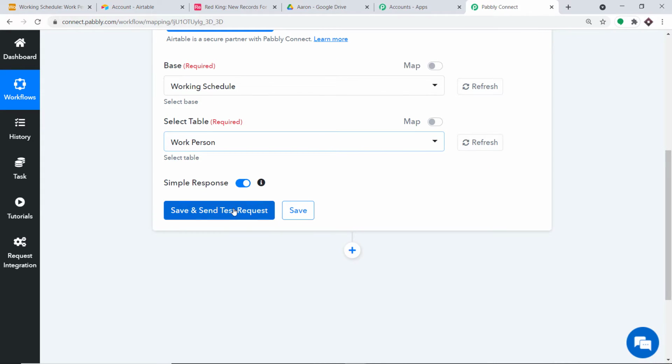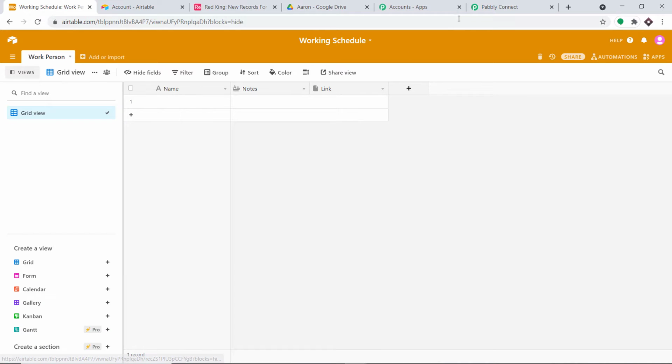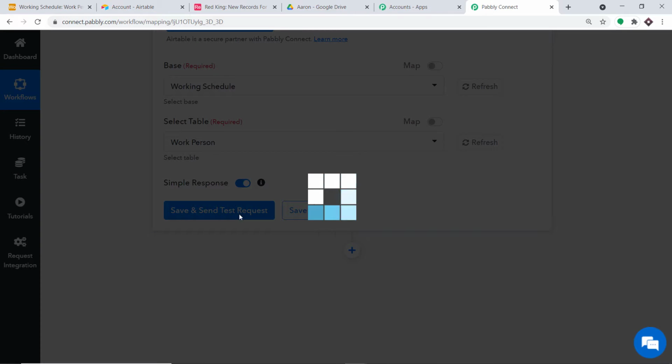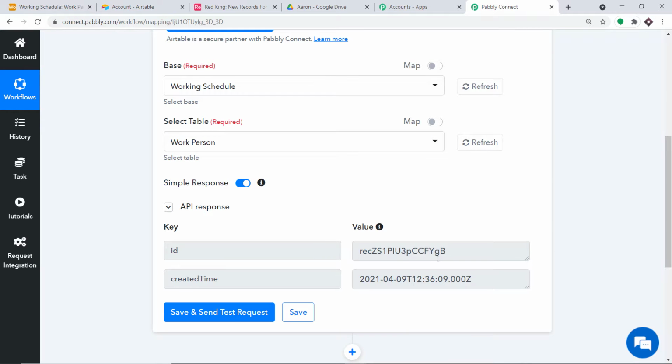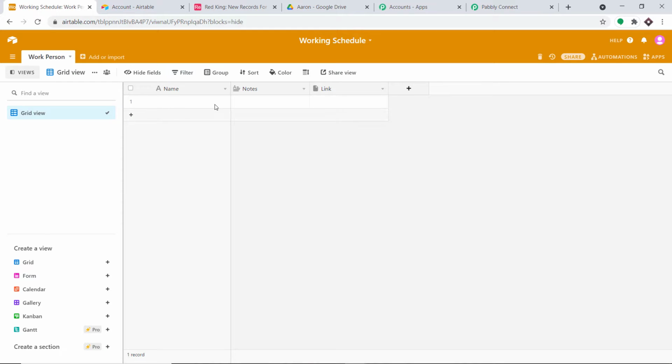So when I click on save and send test request, it will show the data of the recently created record. So let me just show you what it will do. At present we don't have any record, so let me just click on save and send test request. Okay, so as you can see, the API response is showing no such data